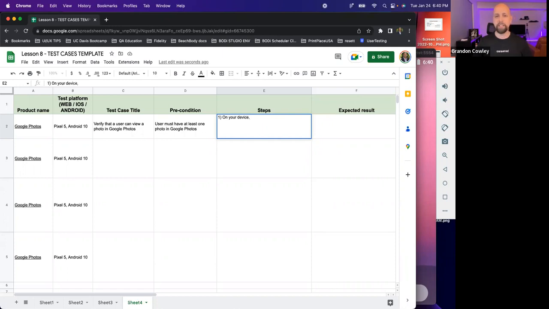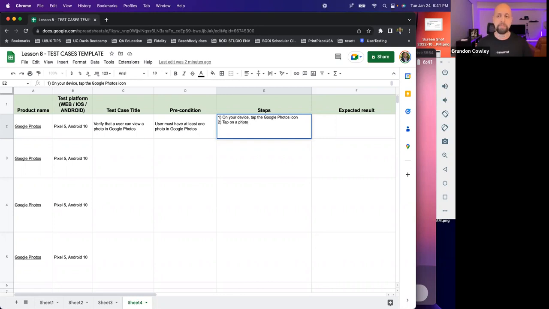Chris, to your point, it feels dumb, but it's because we're explaining something that's very easy to do. In reality, when you have your company's app and you're testing it, it gets a little bit more in depth than this. But I would say on your device, tap the Google Photos icon and tap on a photo.